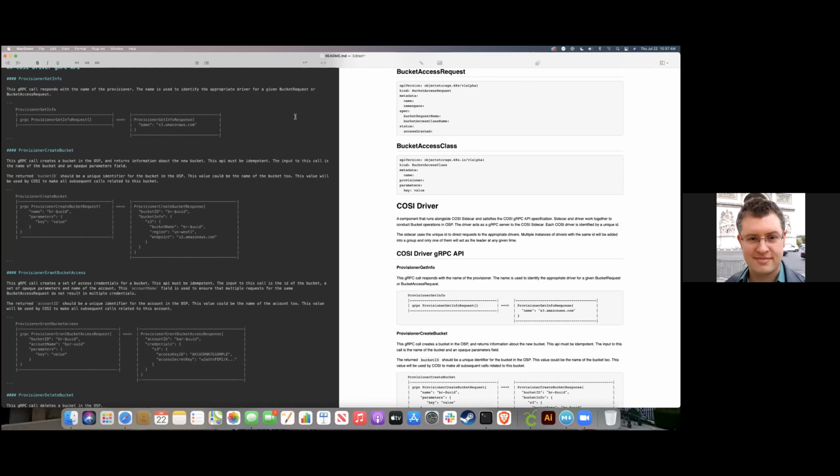Right, but that's not a COSI concern. That's a driver implementation concern. Right, but can COSI do something to make that easier? Well, it's just a question of what information you want to store, and I think the driver can get all the information it needs. Let me put it this way.